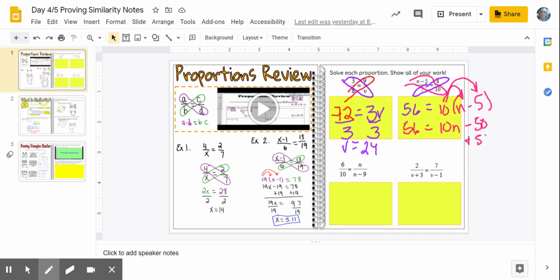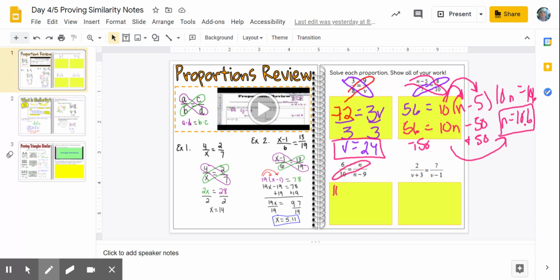Then we're going to add 50 to both sides. And I'm just going to move over here so I have more room. 10n equals 106. So n equals 10.6. If I get something crazy that you didn't get, let me know, okay? Questions on that so far? I'm watching the chat. So if I come down here, 10n